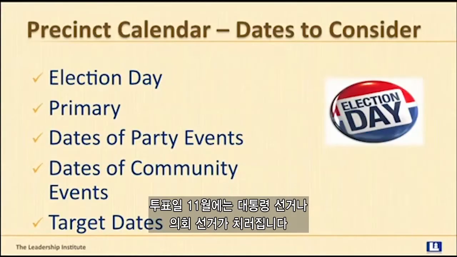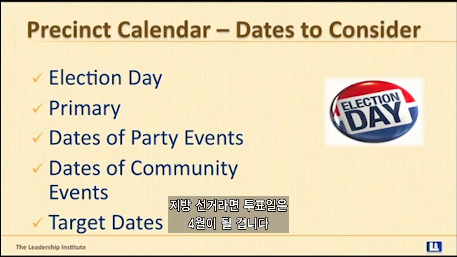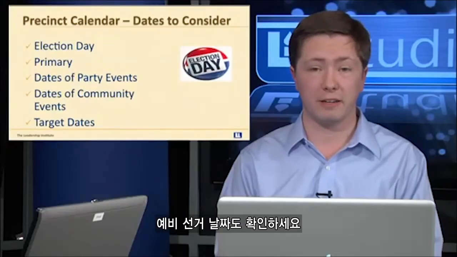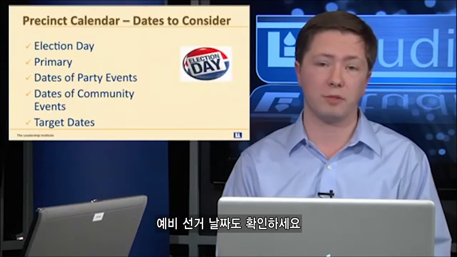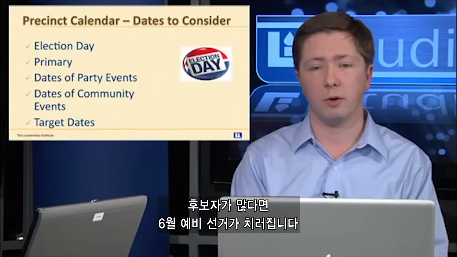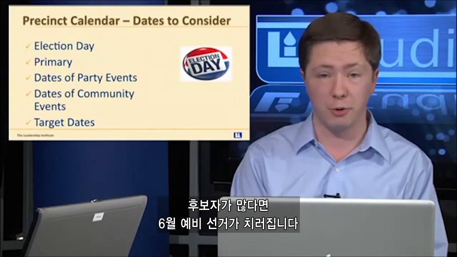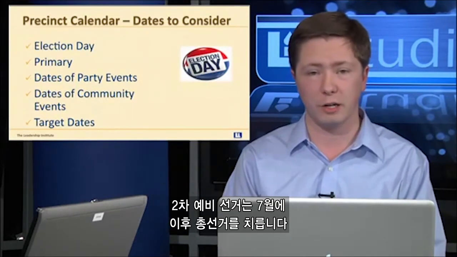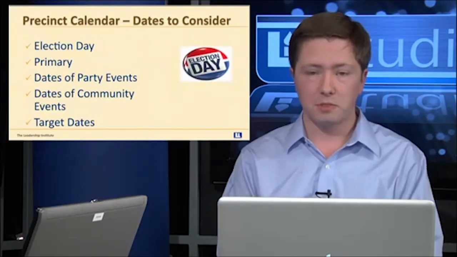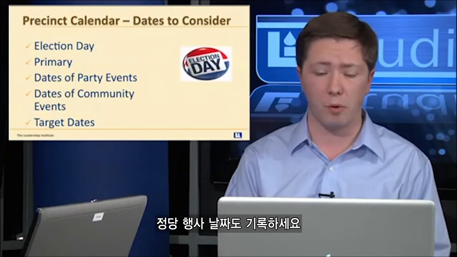Election Day, obviously, if it's presidential or congressional, is likely in November. You may be working for a small town mayor and that election could be in April. Make sure you know when Election Day is. If there's a primary, you should know when the primary date is. In some states, they have instant runoff, where if you have multiple candidates, you'll have a primary in June, and then if there isn't a clear winner, you'll have another primary in July, and then you'll have a general election later. Understanding all those dates is very important.